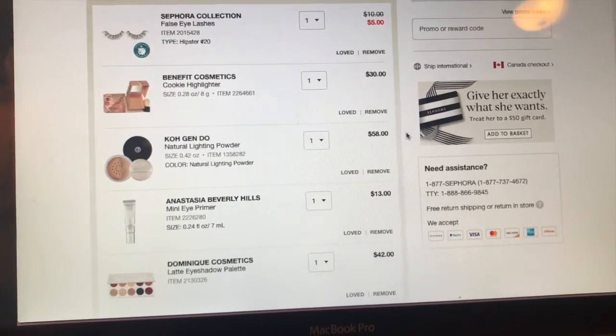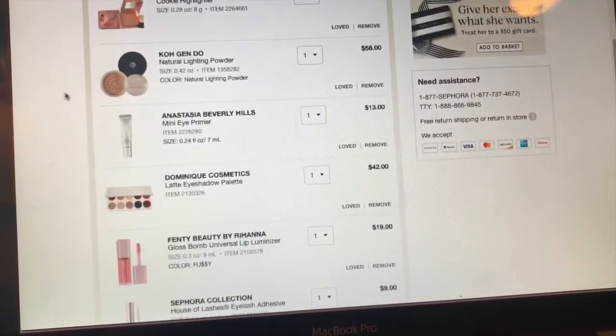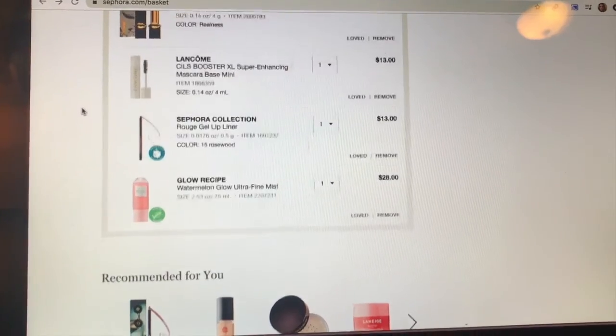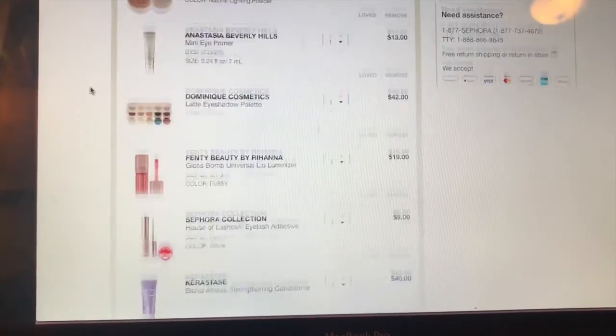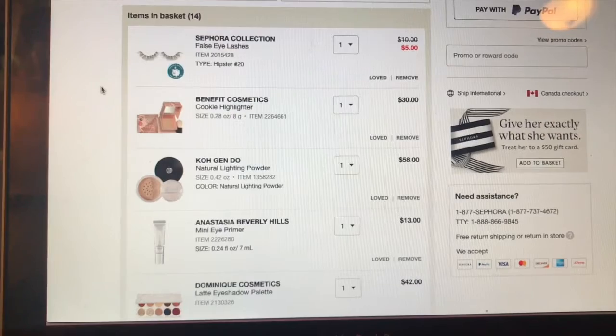But then again, if you're running out of your staples and you feel like you have to have some things, it's a good time to stock up, plus throw in a few new things. I think that's always a good idea. But be smart, think about it. If you have a gift card, use it. If you have